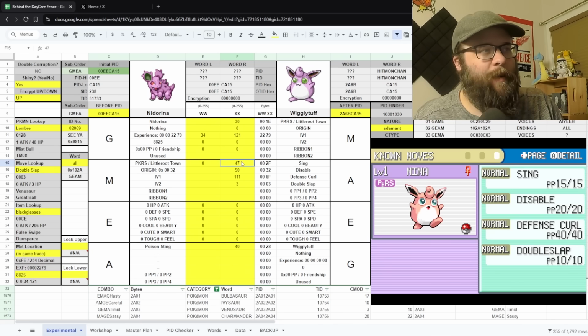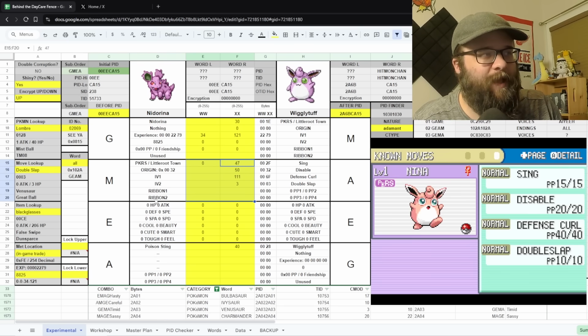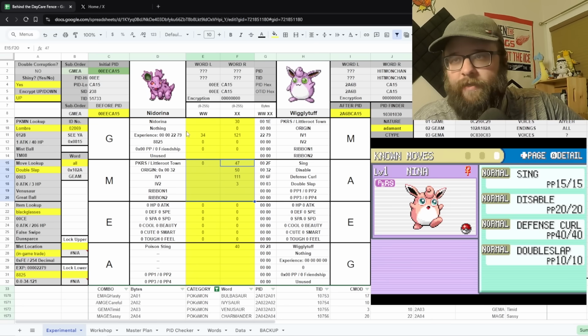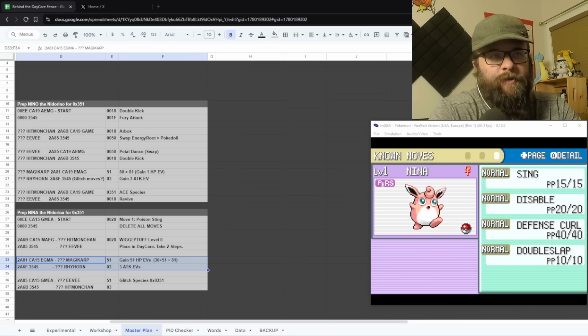And that's how you would go about updating data in the spreadsheet to match what you see in game. You look it up over here in the lookup section. It'll give you the numbers that you need to match. In the yellow parts here, all the yellow boxes in my spreadsheets are user input, and then everything else automatically populates. I'll probably have the uneditable sections locked so that you don't accidentally mess things up in the public version, but you know. So now that Wigglytuff is glitch move safe, we're going to move on to the next step